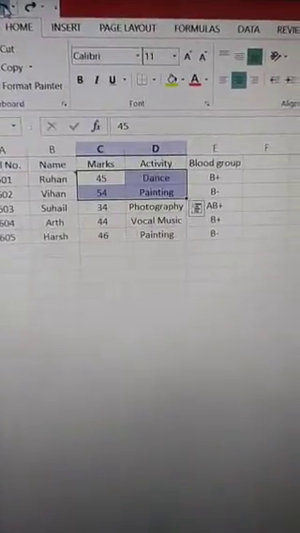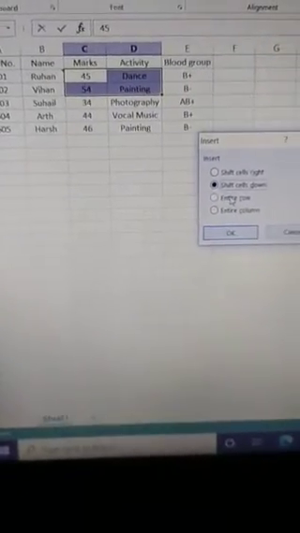Now an entire row can be inserted also. That means I have undone it, and again go to the Insert option, then again to Insert Cells, and here is the option Entire row.